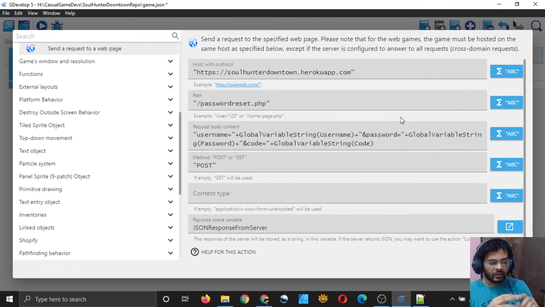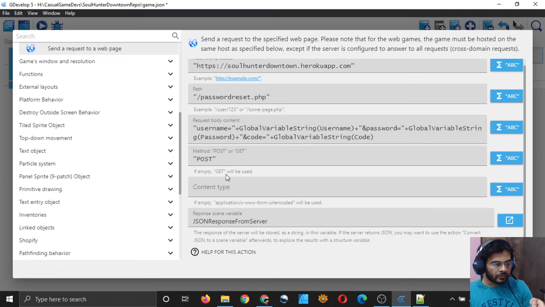So now we are sending our global variable code to the script password reset.php, which is hosted in our server tool under downtown.herokuapp.com, right? Method will be post, and we will receive the response in our JSON response from server scene variable, which we don't have in this scene yet. So I will create one.